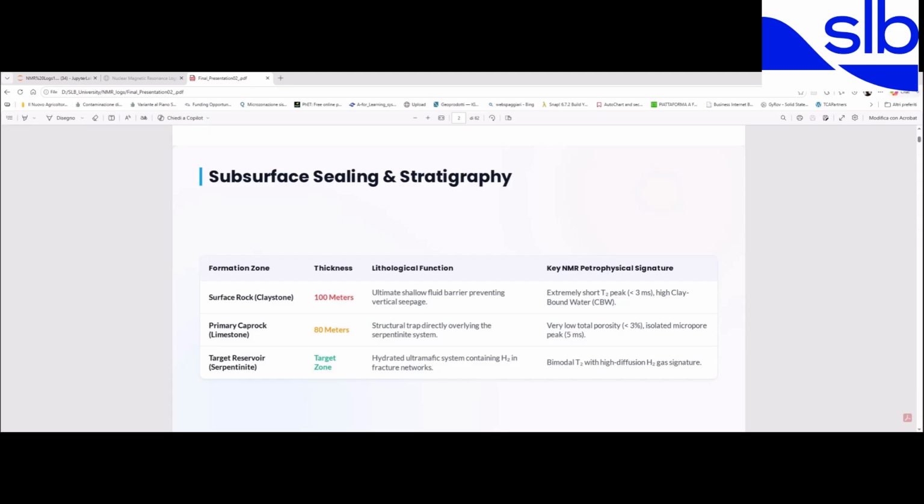Extracted values from nuclear magnetic logs give a clear petrophysical signature. T2 peaks are less than 3 milliseconds, with high clay bound water, CBW. The primary cap rock of the system is limestone with a medium thickness of 18 meters, a structural trap directly overlying the serpentinite system, with very low total porosity, less than 3%, and isolated micropore peaks of 5